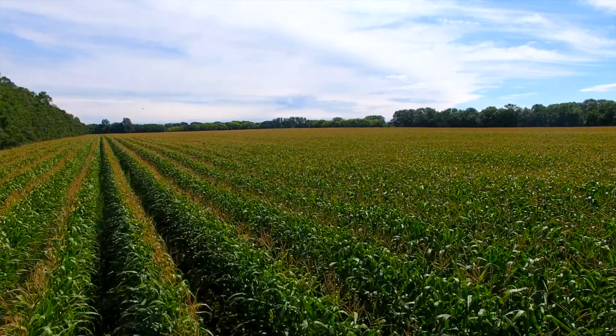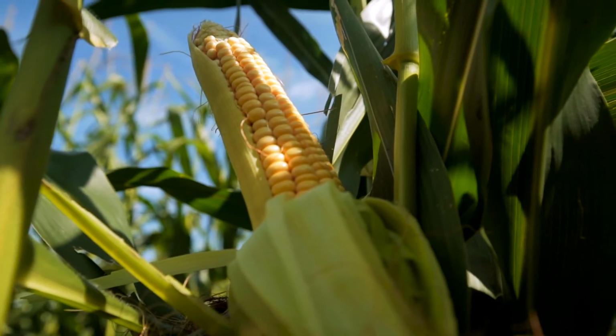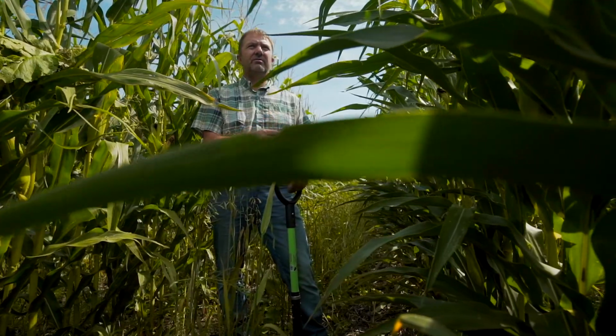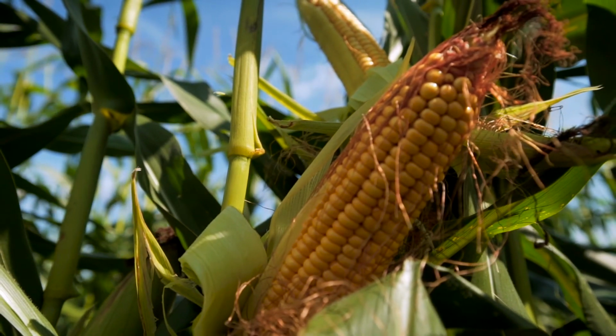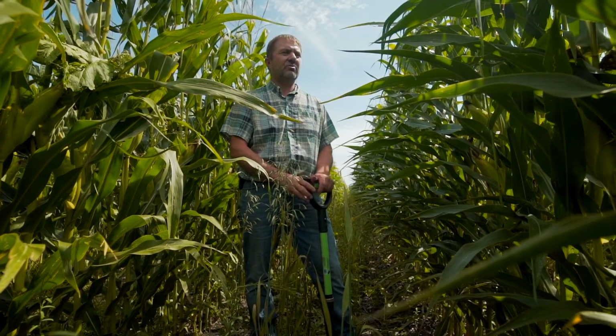A few years ago, I was into 22-inch rows. Saw that I was struggling to get cover crops established, I just couldn't get the light. Opportunity arose so that we traded planters. Got into 30-inch corn. First year, I'm going into it thinking, wow, there's a lot more room there. The corn got tall and still the same shade factor. You just don't get enough light down in there for the cover crops to get any value out of it,